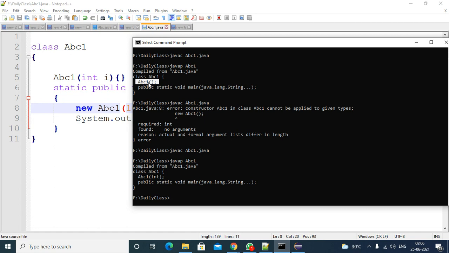The compiler generated it. In this case, ABC1, only one constructor is there. The constructor is written by the programmer, not added by the Java compiler, because the programmer has already given a constructor with a single parameter, so the same constructor is maintained.